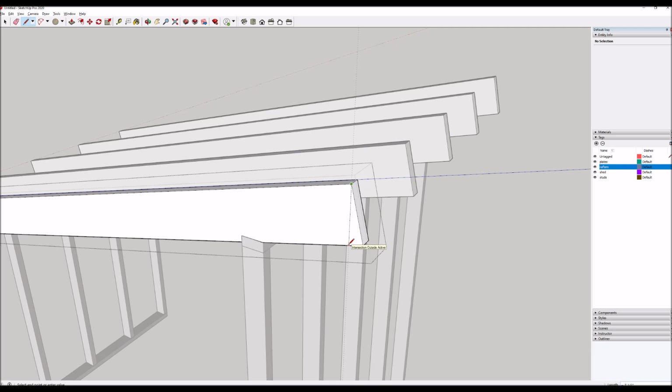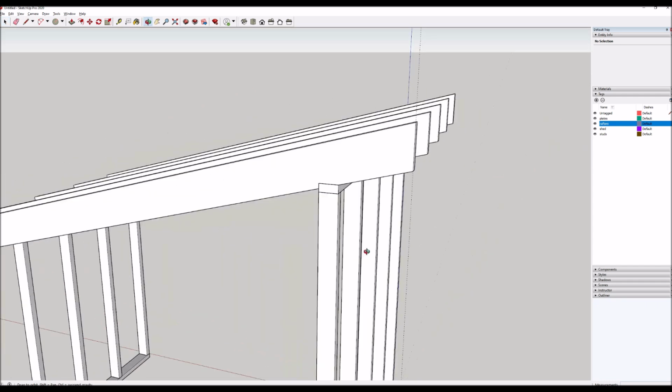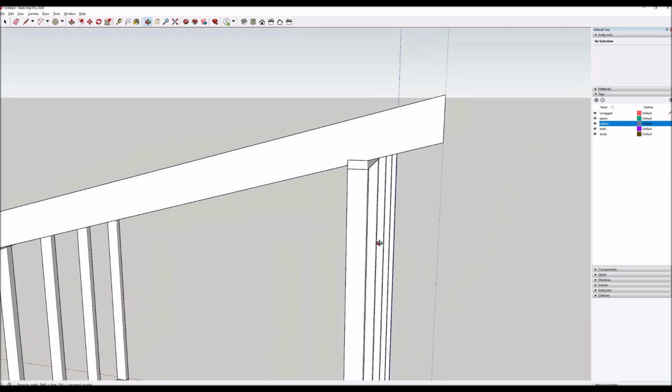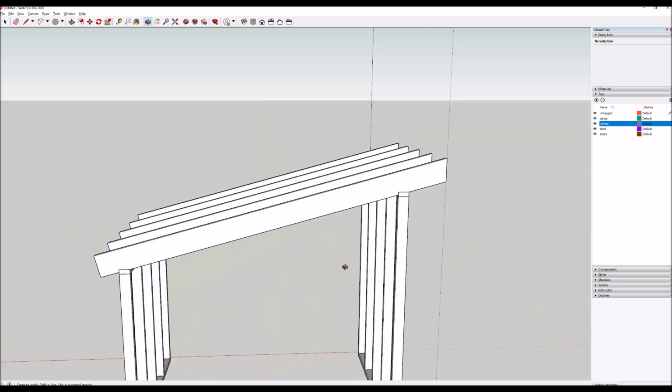See how it's following the guideline that I just created at the bottom. And now push pull, P for push pull. Select that and push it to the other edge. And all 5 of the rafters adjusted because they are components and they're all identical. Now I have a plumb cut. So that's a way to do some manipulations on